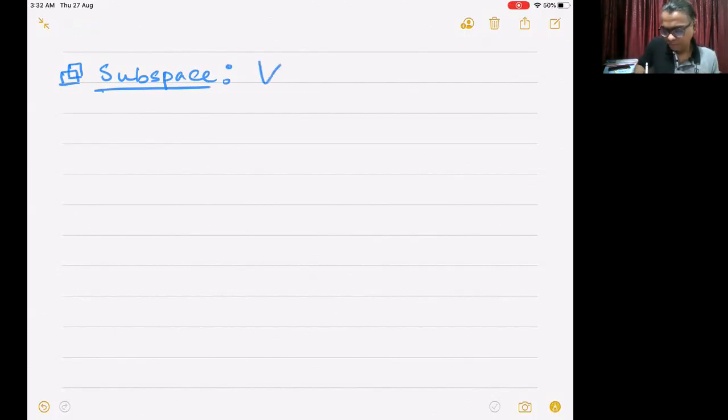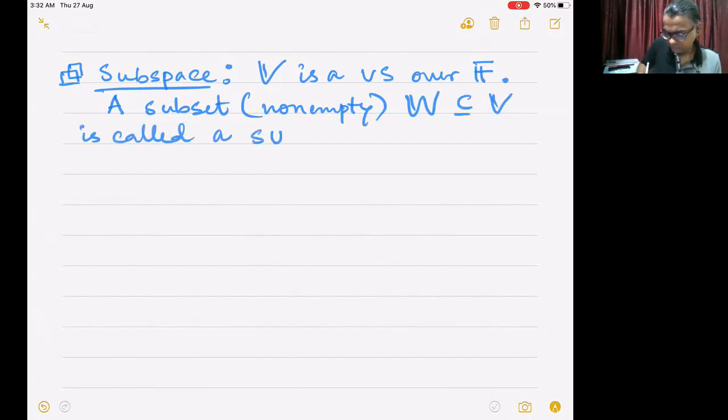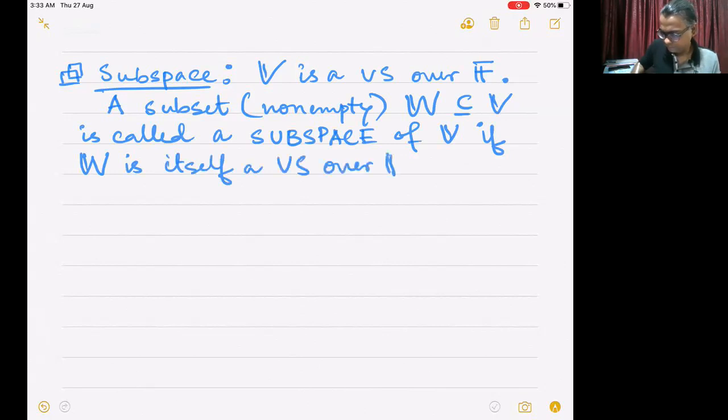So let's say V is a vector space over a field F, then a subset, which of course has to be non-empty, W of V is called a subspace of V if W is itself a vector space over the same field F